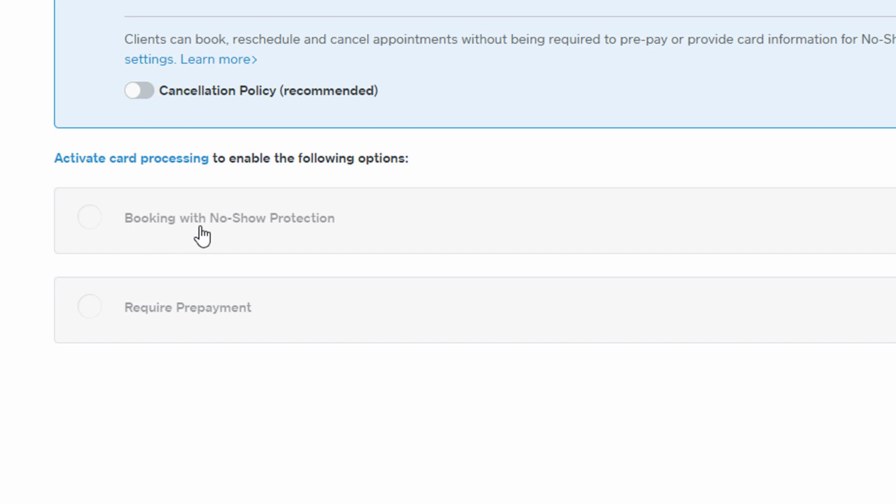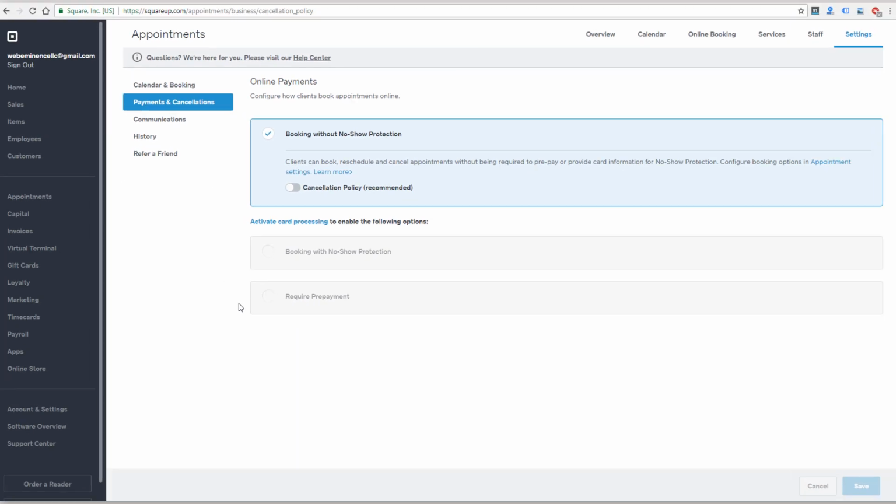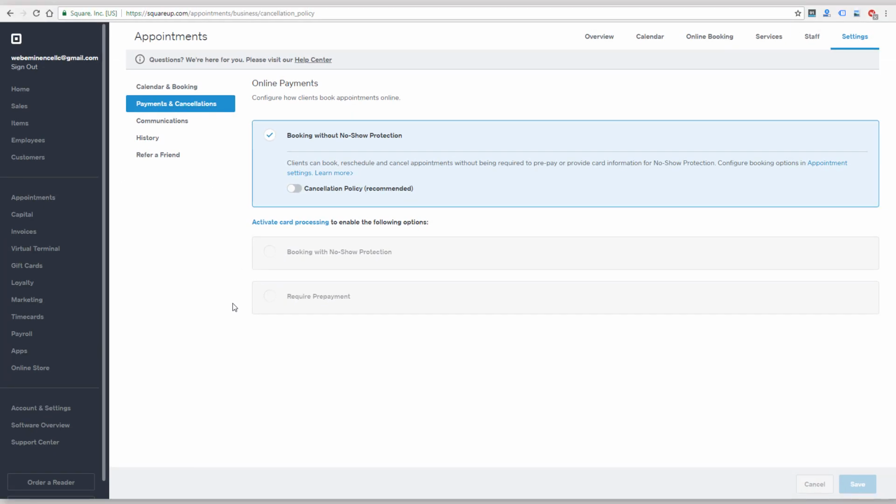The first one is booking with no-show protection. So this option would allow you to charge a cancellation fee if people don't show up or cancel. So you can customize that. And then the third option is requiring prepayment. So this would just allow you to take the full payment for the service in order to make a booking. So in the case of Kelly's question, it would mean she just takes the full $200 upfront to make a